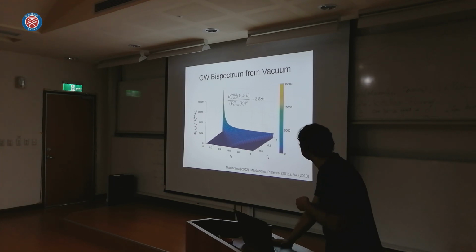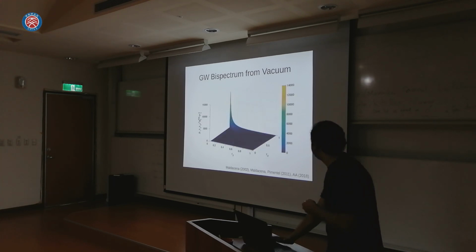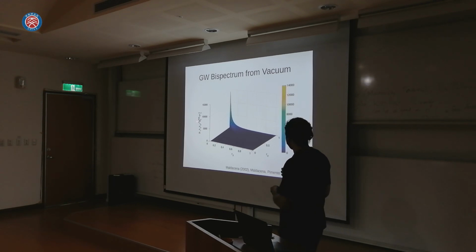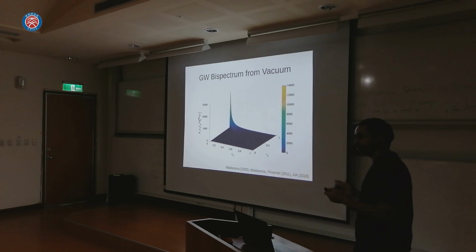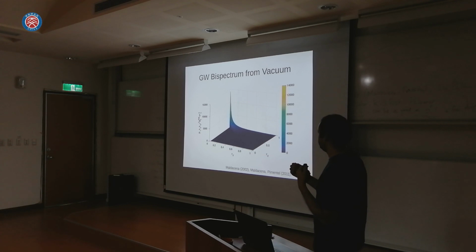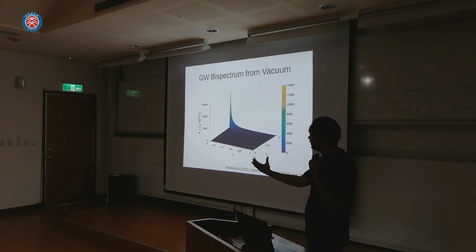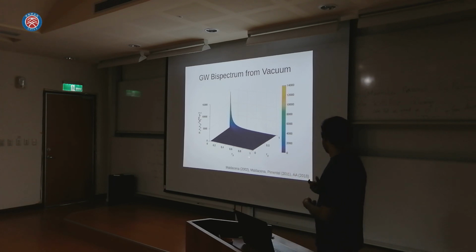So just to also emphasize the polarization part, here I show the cross bispectrum. We have 2 right-handed gravitons and 1 left-handed graviton, and these interact with each other. Now, naively, we would not expect a left-handed and a right-handed graviton to interact with each other. So that is actually shown here.